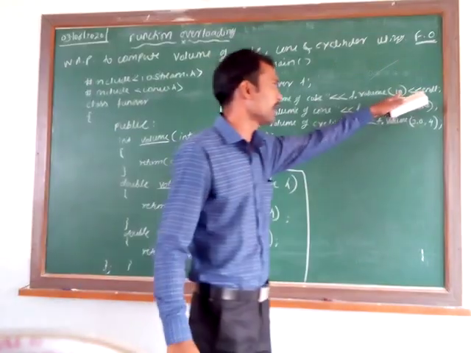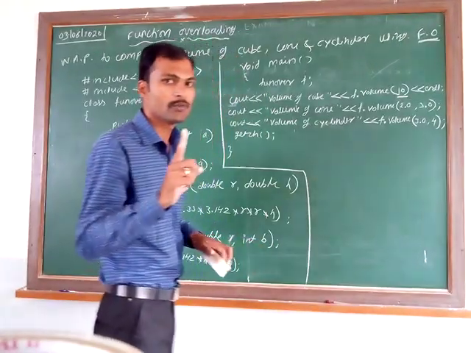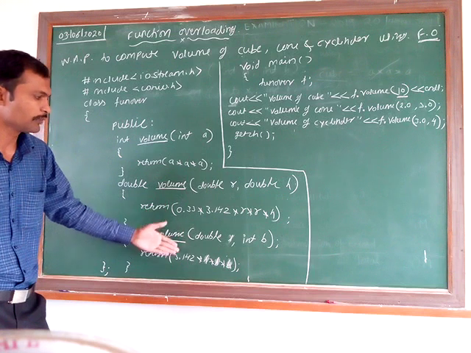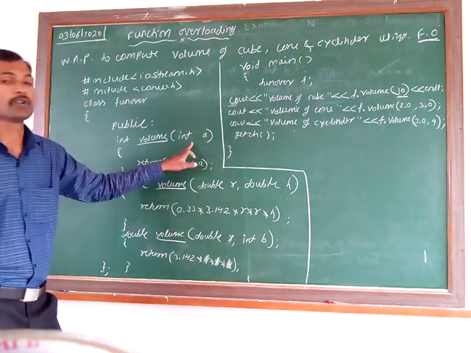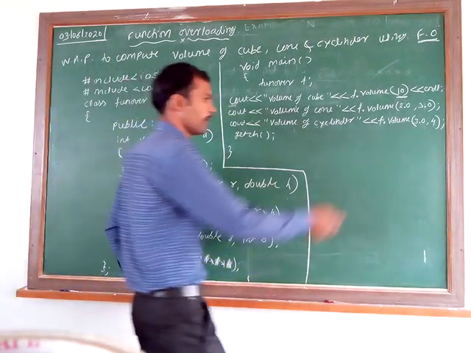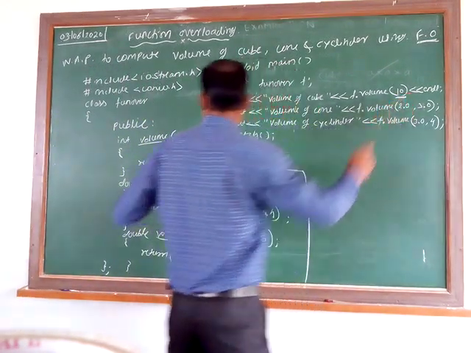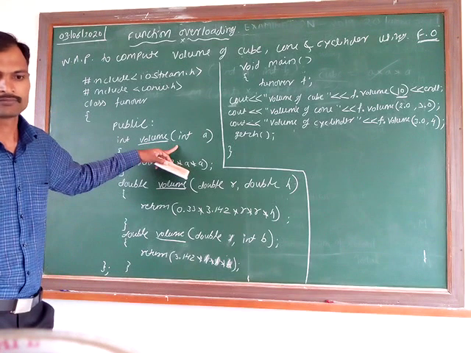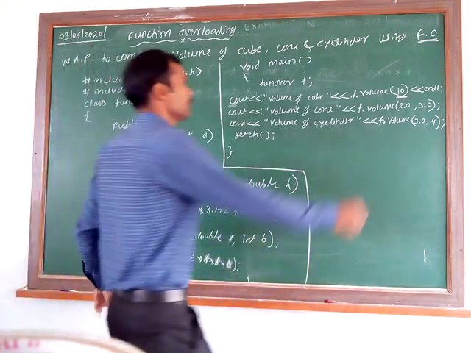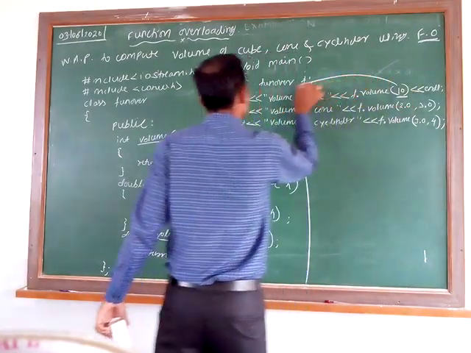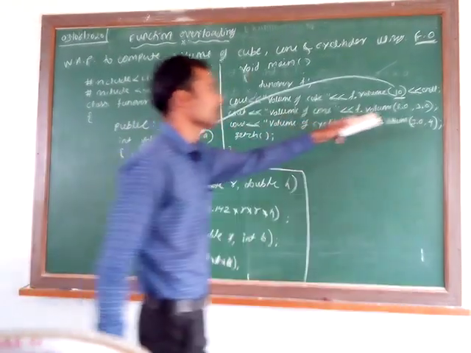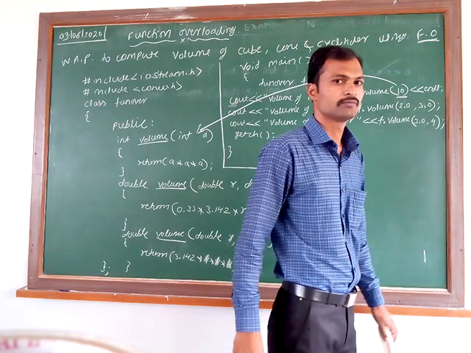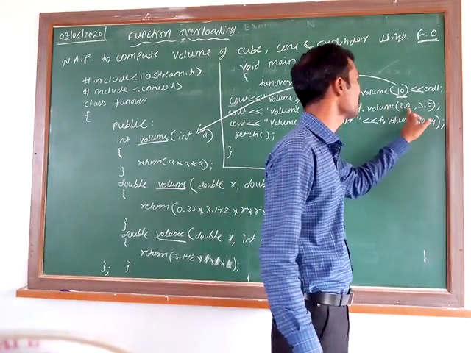When we give only 10, only one argument, which function will get invoked automatically? These are having two arguments, this is also having two arguments, and the first is having only one argument. So when you give this one value, then automatically this function will get invoked. And when you pass 2.0, 3.0,